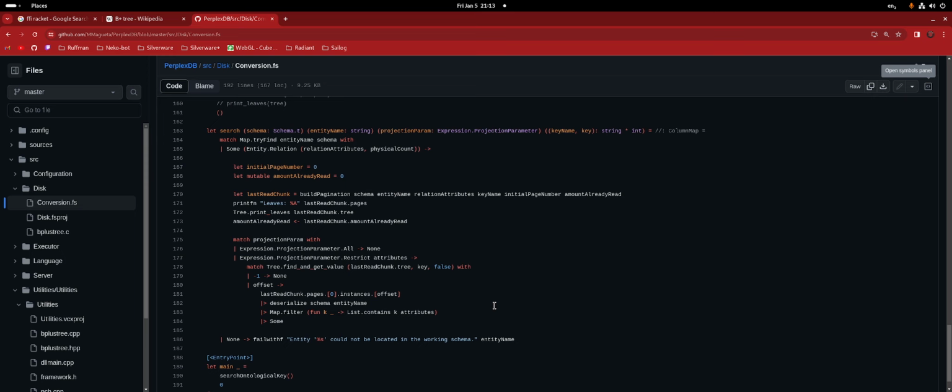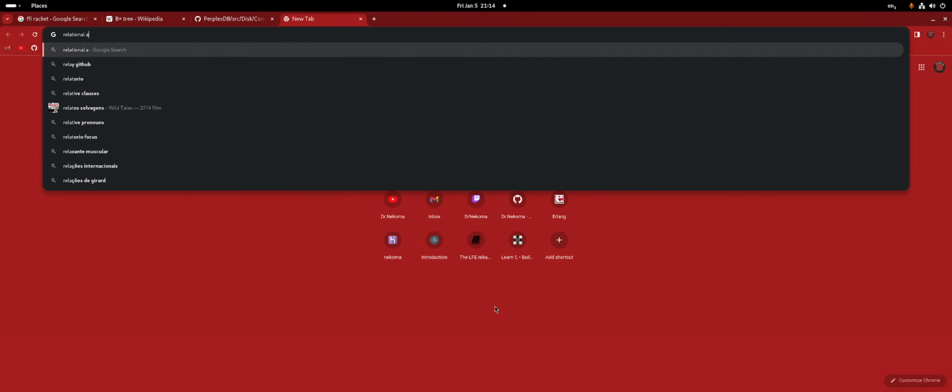I'm still thinking about this design, but for now, I think that's enough. So we're gonna basically have a function that will handle a search based on projection parameters. Remember that on the relational model we have... sorry. Can you Google relational algebra on Wikipedia? That works.